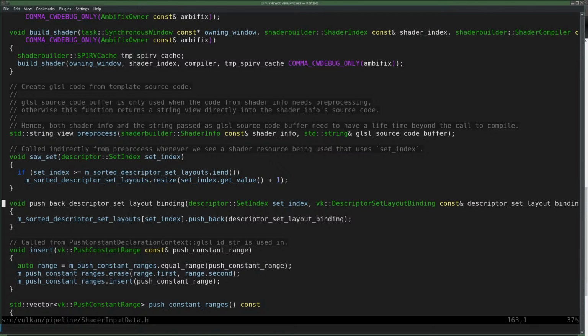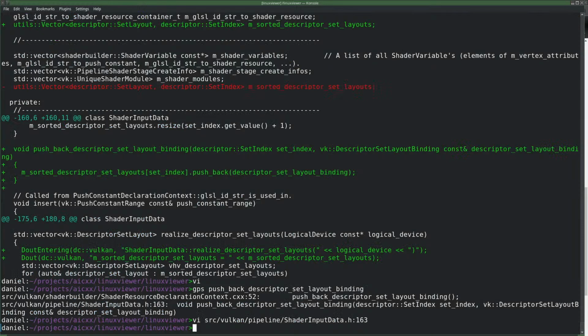Push descriptor set layout binding. Push back. Descriptor set layout binding. Yeah. Okay, so